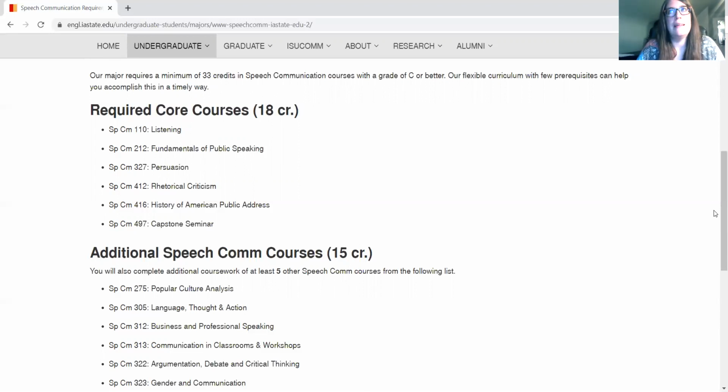There are a lot of different fields in which public speaking and those great communication skills put you over the top and ahead of the pack in terms of your peers who would be applying for the same job. So just think of that. It's those soft skills that employers are looking for. And it's, again, a major that can take you across a wide variety of jobs in the future.